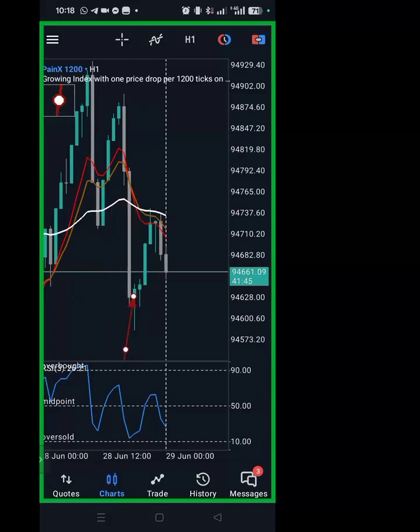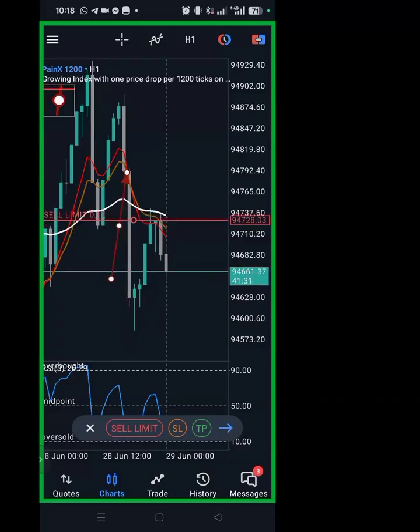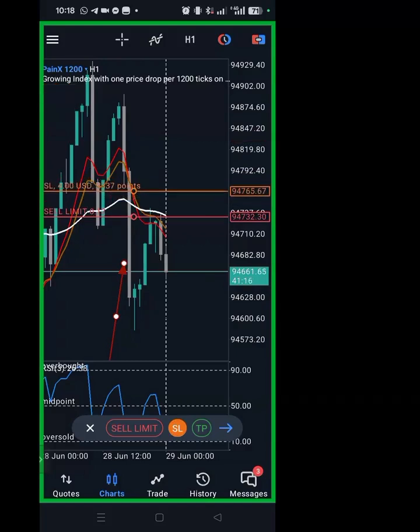What you're supposed to do is just set a pending sell order here at the 50 moving average, or at the midpoint of this long candle. You find the midpoint of this candle, but preferably look for close to the 50 moving average and put your sell limit. Put your stop loss right above. Mind you, make sure your stop loss is not against the spike,